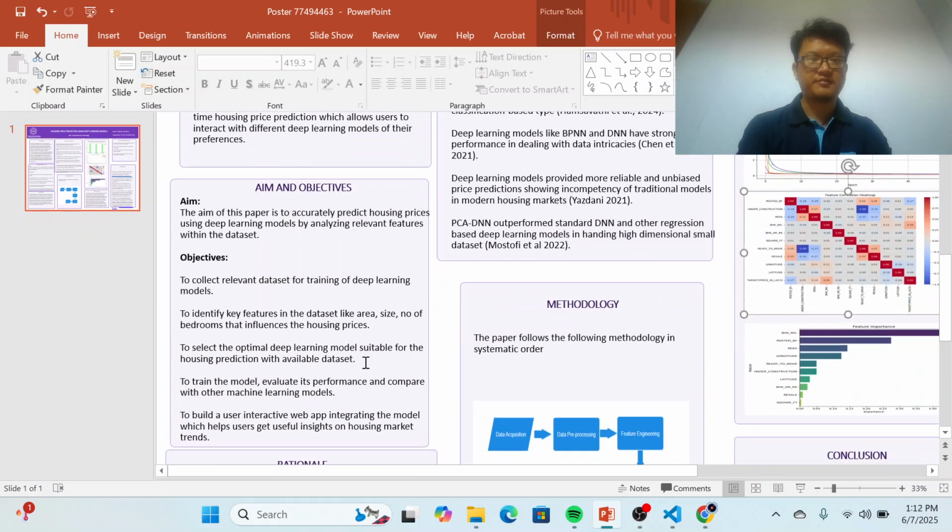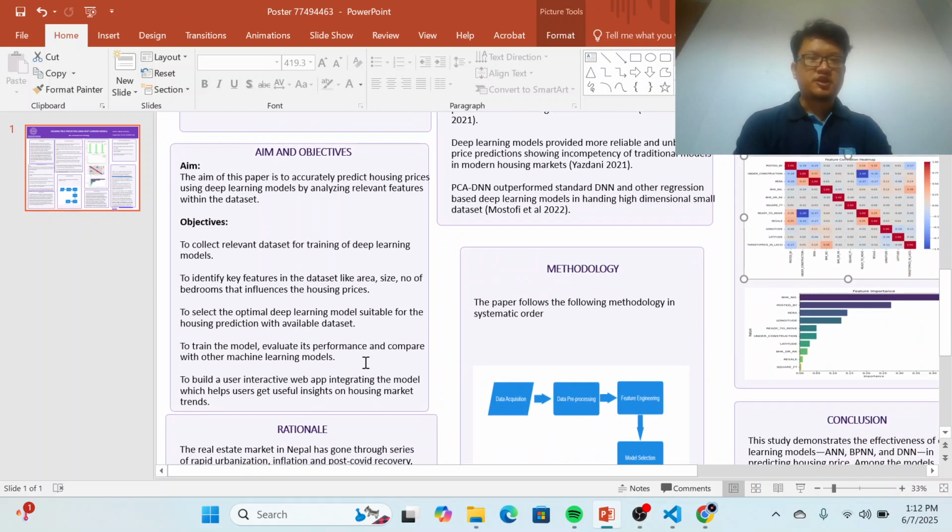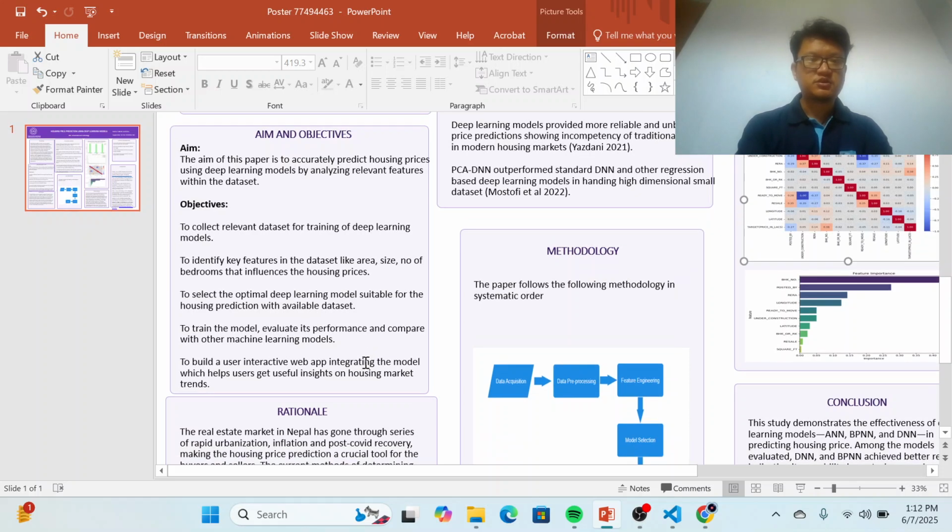Now let's go to the aim and objective. The aim of this paper is to accurately predict the housing price using deep learning models by analyzing relevant features within the dataset. Now the objectives are as follows: to collect the relevant dataset for training